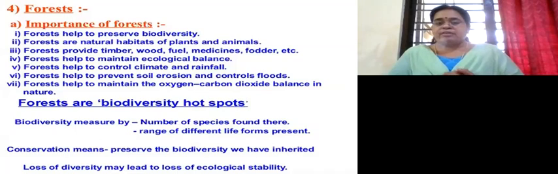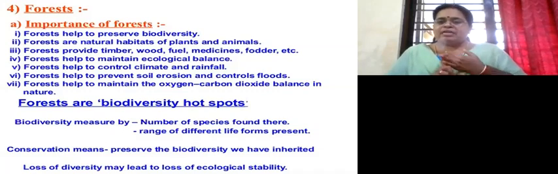Those are the points that are given on the page. What are they? The forest helps to preserve biodiversity. You have already studied about biodiversity. What is biodiversity? It is the diverse forms of living matter or biomass in your environment. Biomass means the amount of plants, animals, microorganisms, anything that is living. All these together form the biomass. So forests help to preserve biomass or biodiversity.